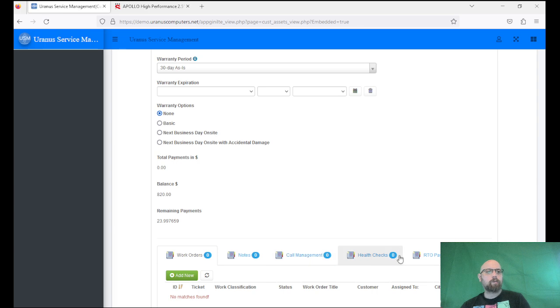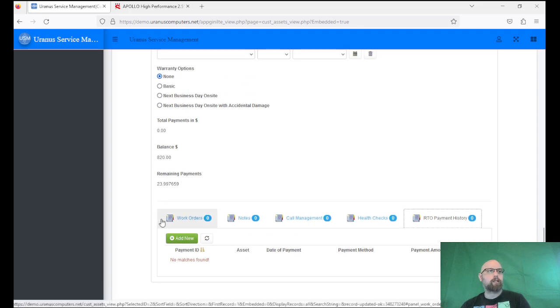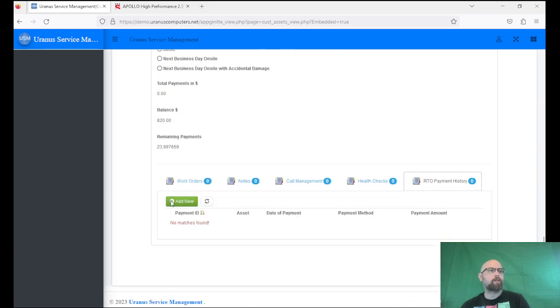So hypothetically now, she signed the agreement, you've got all that paperwork logged. Eventually you can store it however you store your paperwork and records. In Uranus, you would actually append those to the customer, so under file attachments. But say she's going to make a payment, so we know that it's 34.17,